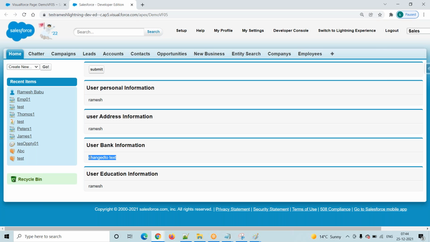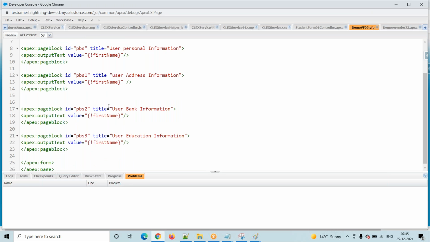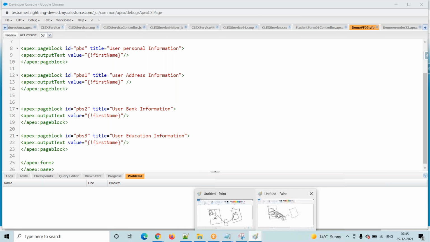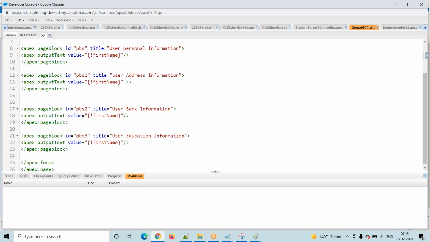Okay. Instead of reloading the entire page, we are reloading a particular portion of the page. We achieve this by using the re-render attribute. What is the problem with reloading the entire page? All the tags in the page will go to the server. Why does it go to the server? It will check the syntax, whether you validated, opened, or closed properly or not. To check all these things it goes to the server, so it will take more time.